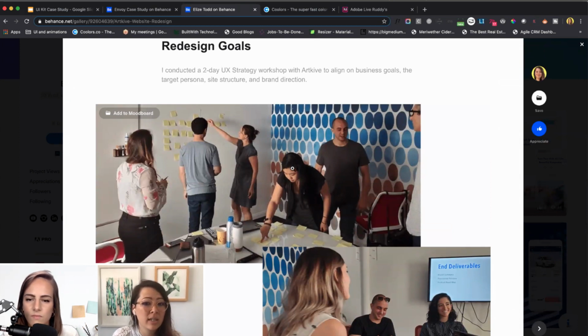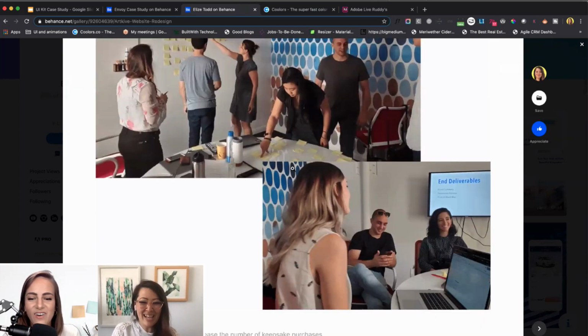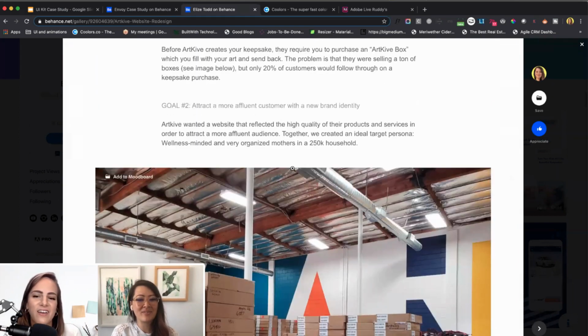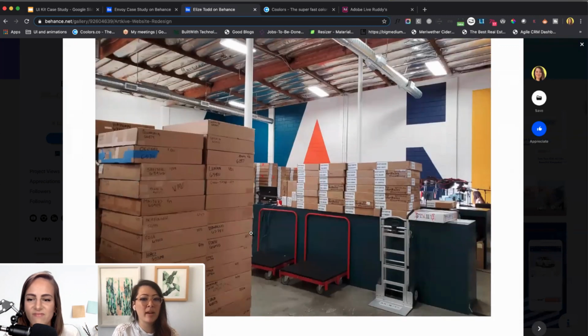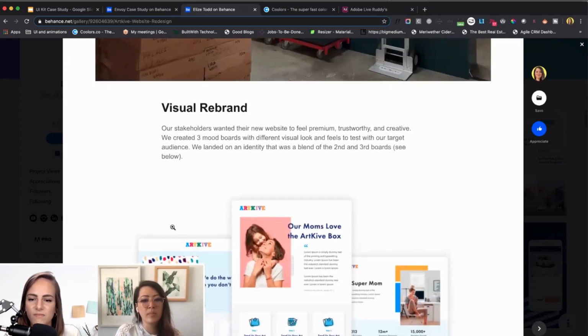Now it's really awkward to take these shots sometimes. Sometimes I'm in the back just taking the picture, and I need to get the pictures. I always forget to get pictures. That's such a good thing to have. Yes. And this is a picture of their facilities. I'm talking about how they have too many boxes and not enough people actually buying the product itself. They're sending their art, but they're not actually buying the book. So that's the big goal here.